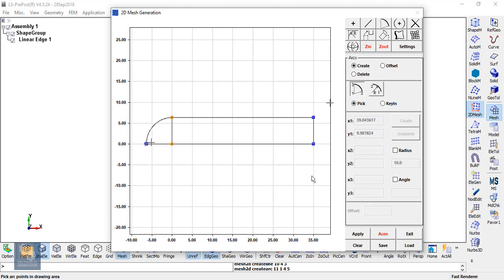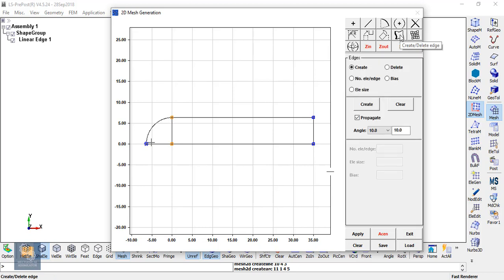After creating the geometry, we will now move on to the meshing part, starting with the creation of edges. Create. Okay, everything is now created.